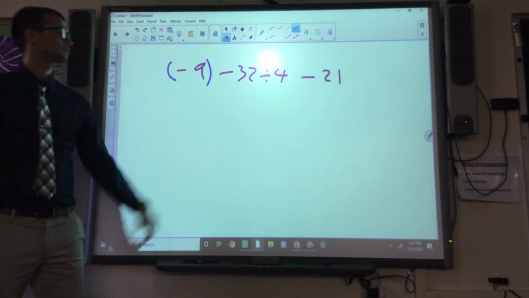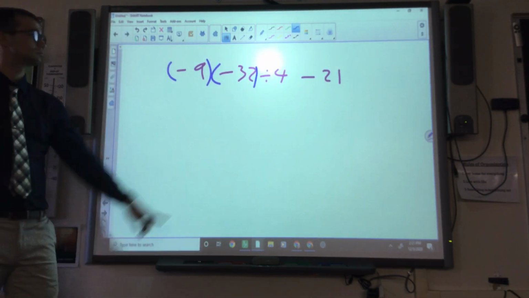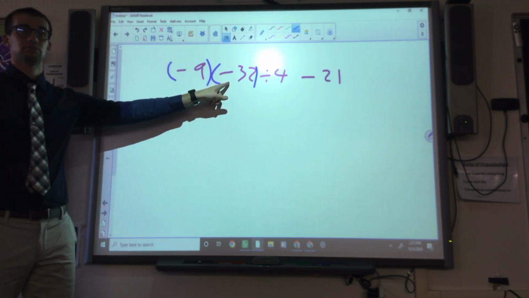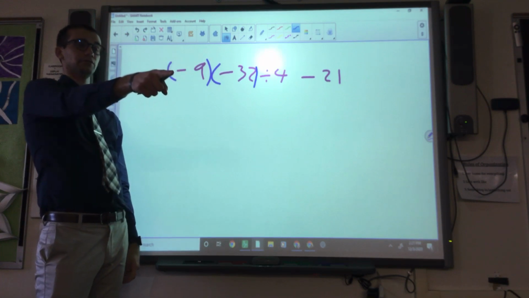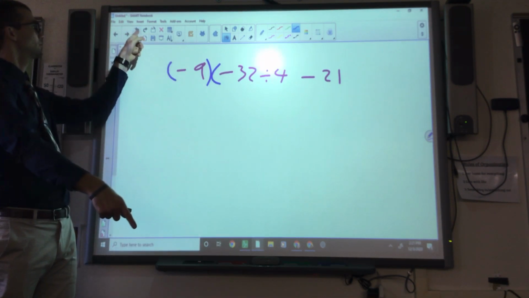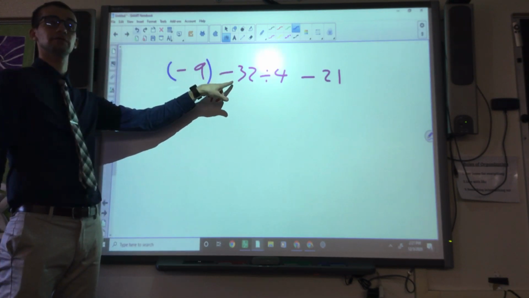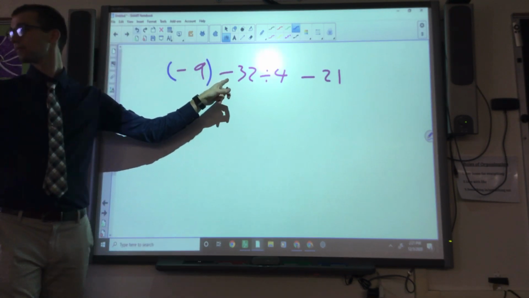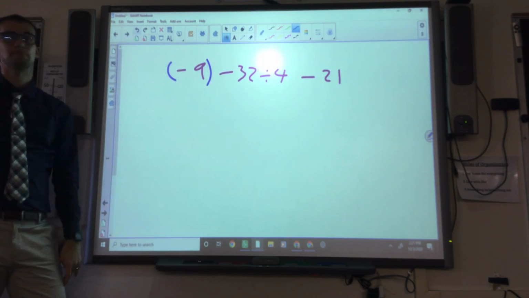21. Can I just put parentheses around this? No, yes, I can't see. 21. Yes or no? No, because it's not a negative number. Yes, it's not a negative number. It is a what? You're doing what here? You're subtracting. That's right, you're subtracting a positive number. So what do you have to do with this? You have to divide it by 4. Nope, you don't do